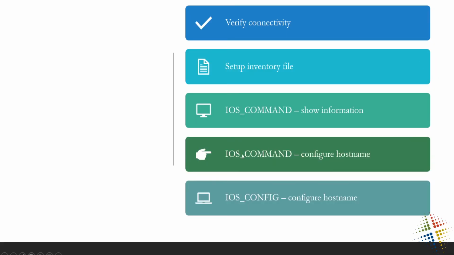So that's the IOS command version of configuring the hostname. Now, there were some gotchas we saw there. For instance, we had to type conf t in order to go into the configuration mode. This gets even more confusing when you start looking at configuring different router interfaces or lines or ACLs or other aspects of the router, to where how you type the commands, the order you type the commands really matters and could seriously break your system if you do it incorrectly. So in order to combat that, we can look at the Ansible